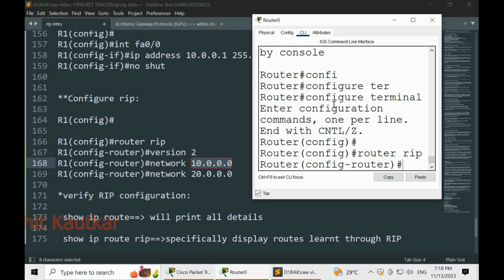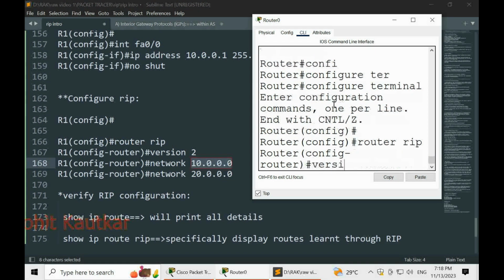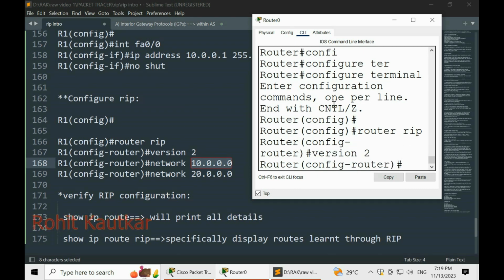Now hit enter. Now specify the version, so version 2, and now we need to specify the address of the network which this router should learn.